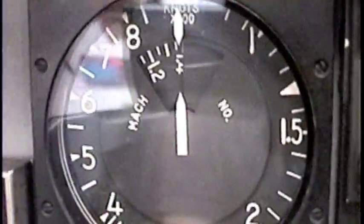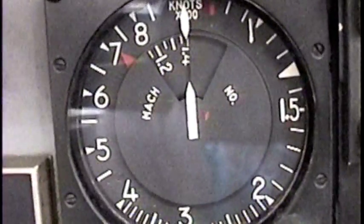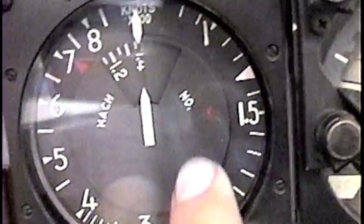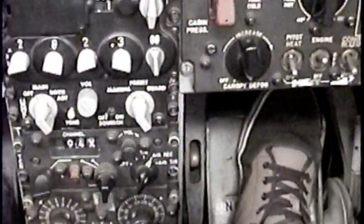To the left of that, you have your speed indicator. This aircraft goes by knots, and right over here you have your Mach. But here you have your flight stick. Go left, right, and